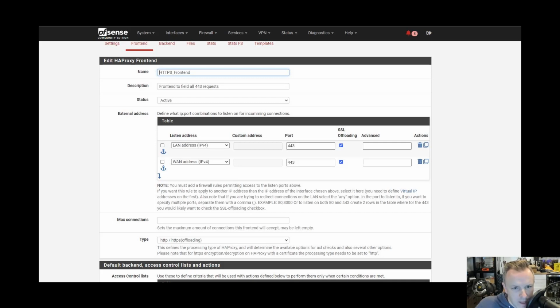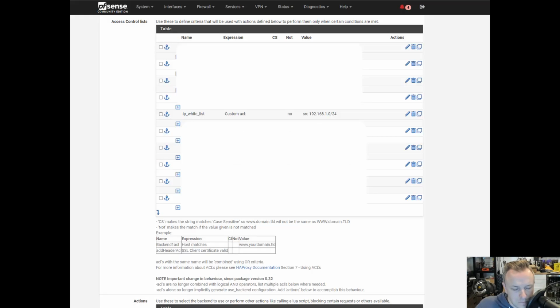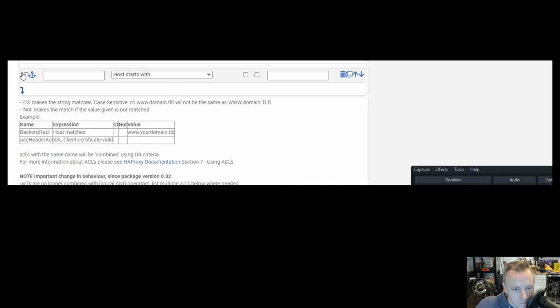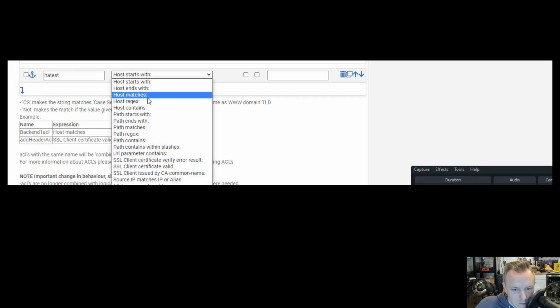So you want to make sure that both LAN and WAN, or whatever your internal network is, mine is called LAN, are both listening on 443 and they're allowed. SSL offloading checked. We need this ACL here, IP whitelist. You can name it whatever you want. Drop down custom ACL, and the source is that LAN IP range. So mine's default